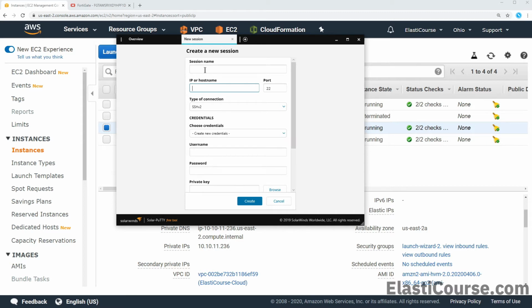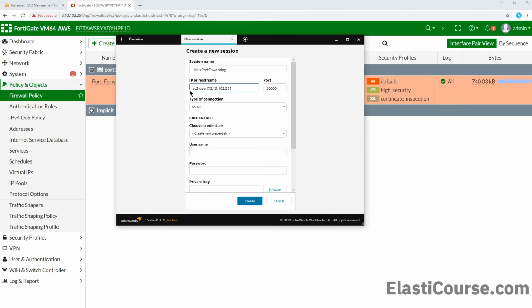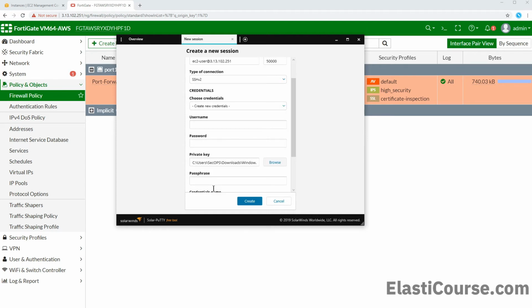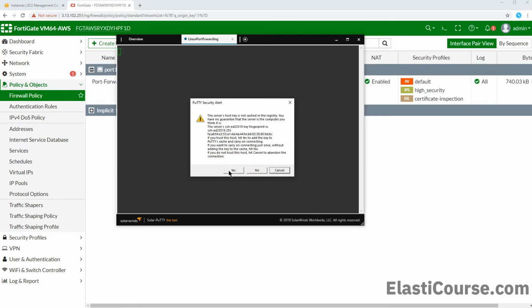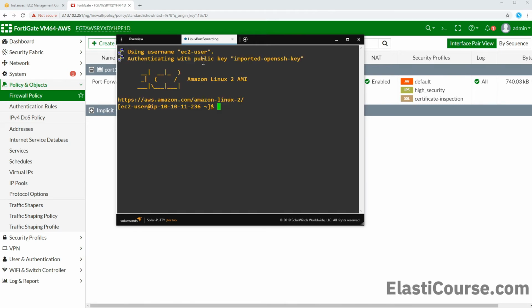using our Solar Putty client. I want to call this one Linux port forwarding. And for this, we're going to connect to the public IP address of the firewall. We're going to put ec2-user at the IP address of the firewall for port 50,000. And finally, we can put our key file here. And this way we are connected to our EC2 instance using port forwarding and by not exposing our Linux machine